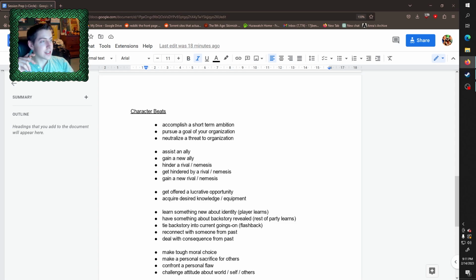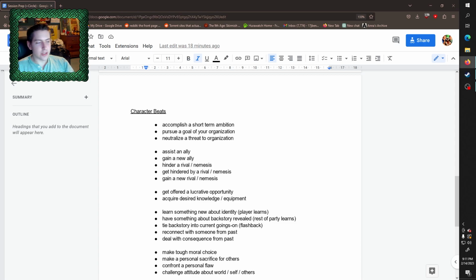So they have a reason to have reasonably accomplishable short-term ambitions and to try to come up with stuff for that. And so that makes this pretty easy. At least one for each player character is personally completing an ambition you desire. And the other ones, I try to pull in something from their backstory.